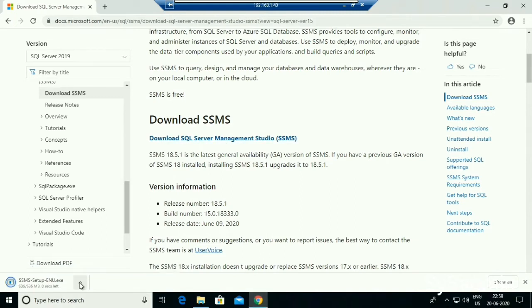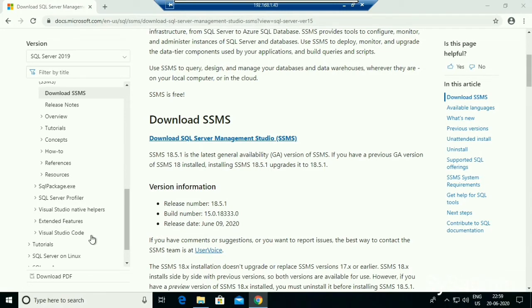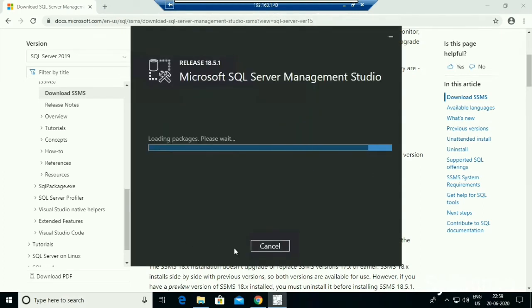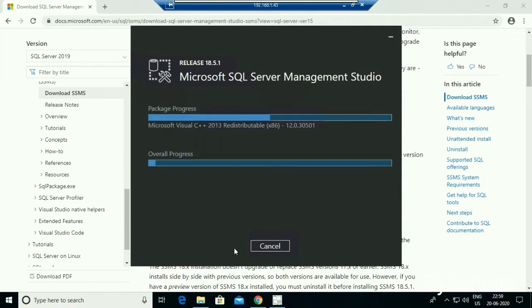Once downloaded, open SSMS. Click on install. After installation, restart is required.